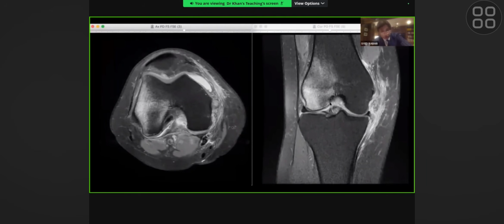You've picked up all the findings, you've understood the mechanism of injury, how this has happened. Because remember, if you understand the mechanism, you'll pick up the relevant structures which are going to be damaged. Just in your mind, imagine what will happen to the structures that the force comes from outside. Now, if I was to reverse the force, if the force was coming from the inside of the knee,